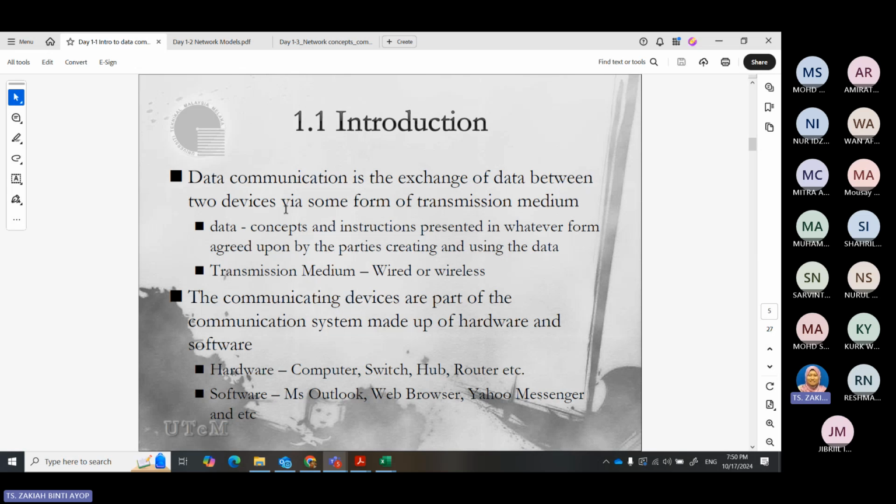Previously maybe computers, but now we have PCs, phones, and vice versa. It must also have some form of transmission medium.